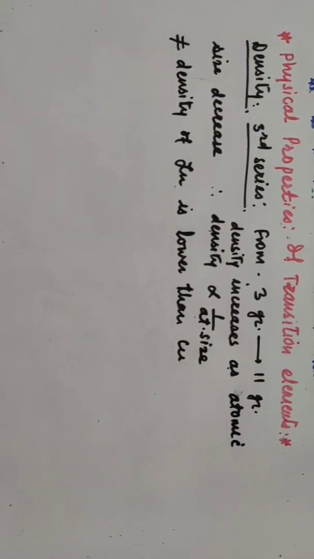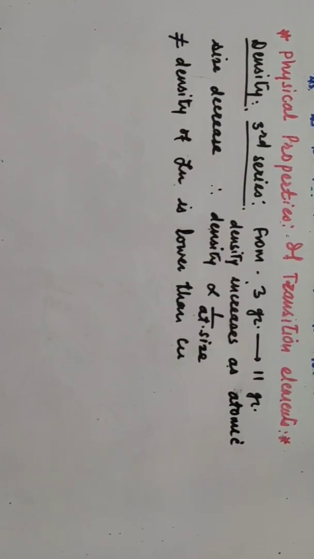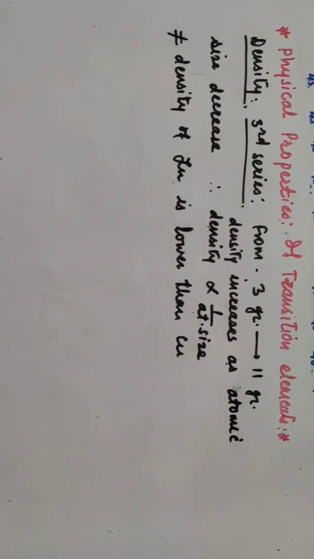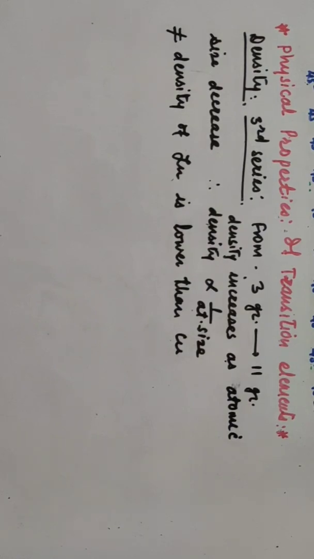Why is the atomic size larger? Because the last orbital is completely filled. In the d block, the n-1 d orbital contains 10 electrons, while the s orbital contains 2 electrons here. In case of zinc, the screening effect is larger than the nuclear effect. That means the shielding effect is larger than the nuclear charge, and that's why the atomic size of zinc is larger than copper, and so density is lower than copper here.